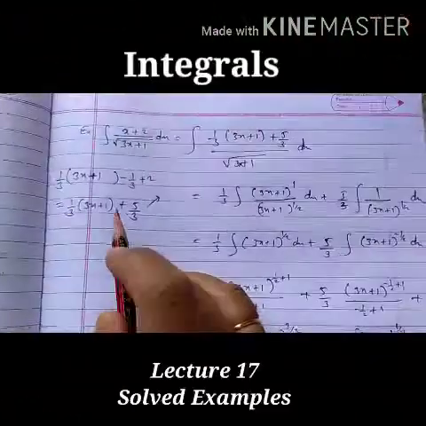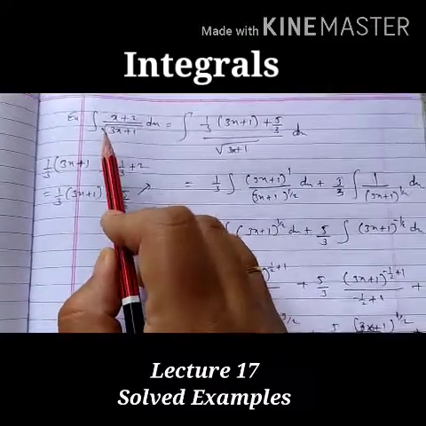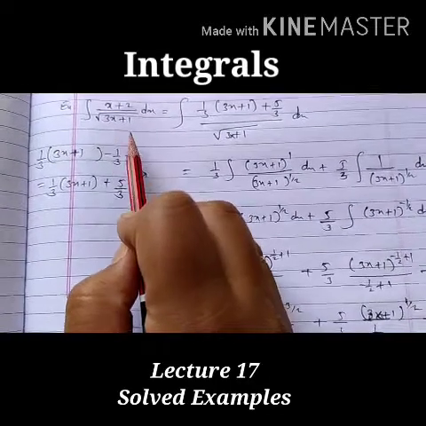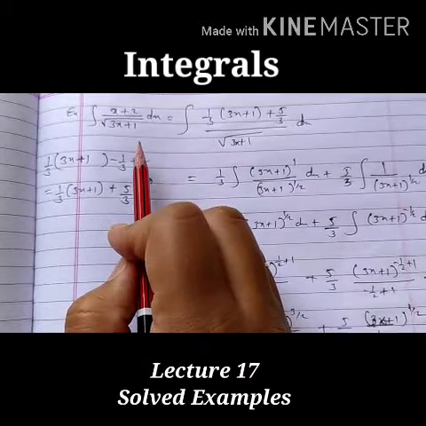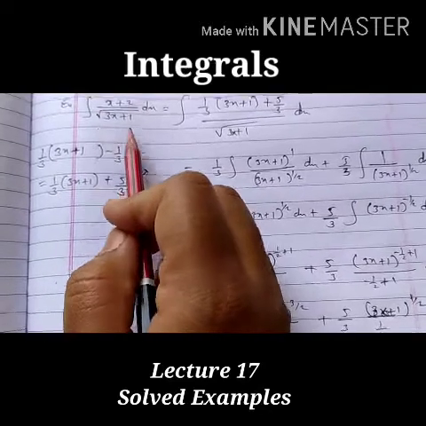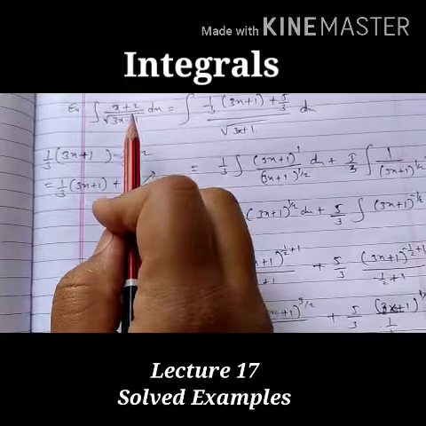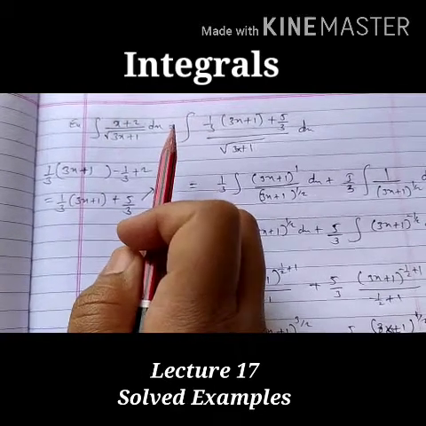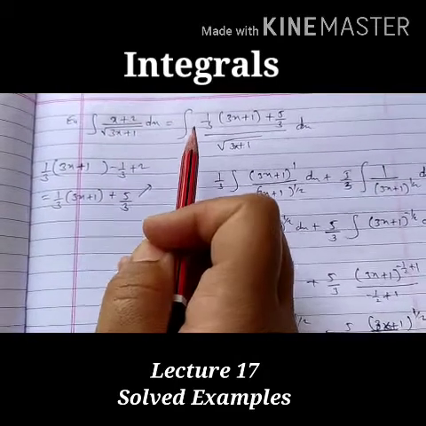Now in this session also we'll see the solved examples of integrals. Here the example I have taken is the integration of (x plus 2) upon square root of (3x plus 1) dx. As I have told, we write the numerator in terms of the denominator. If a rational function is there, we'll write the numerator in terms of the denominator. When a product of functions is there, at that time we'll express one term in terms of the other.